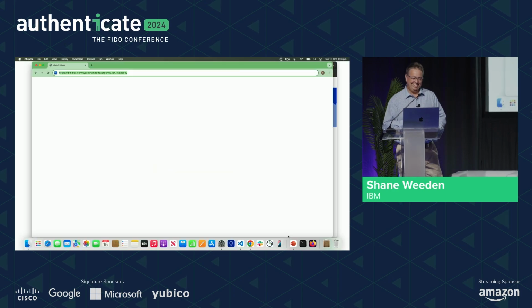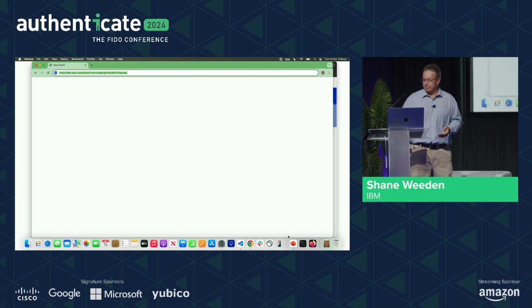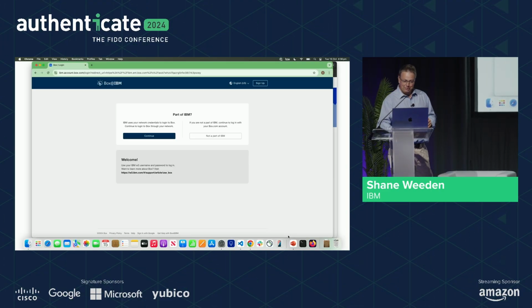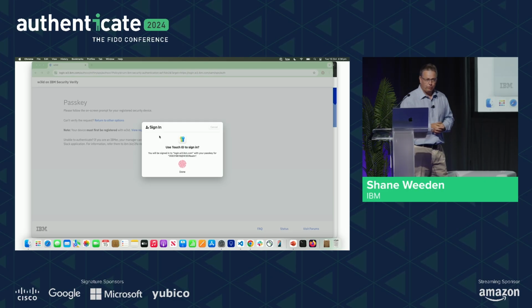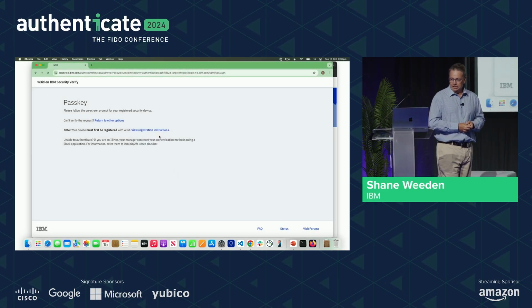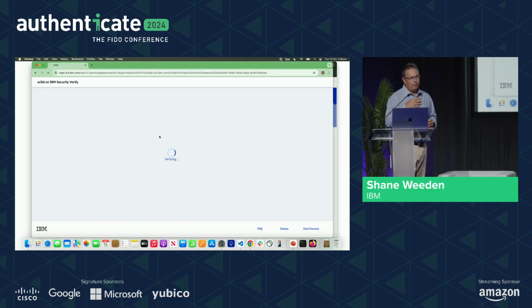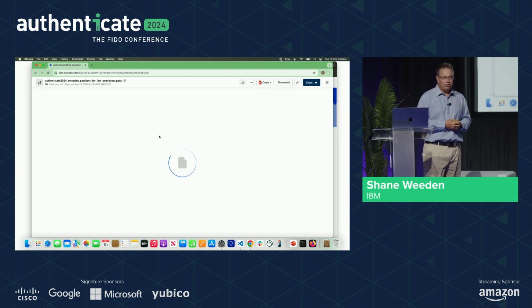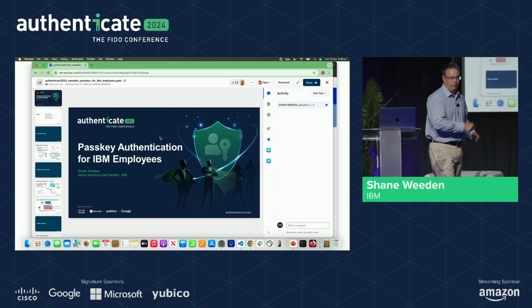Here I have a browser with a Box link on it. Box is a document provider. We happen to use them as one of our SaaS providers. This is a don't blink or you'll miss it kind of demo. I go to the provider. It says, are you from IBM? I am. I hit continue. I sign on with my passkey. A risk engine evaluates that authentication, and I may have conditional multi-factor, in this case not, and there you see today's presentation. That's how I log in at work every day.